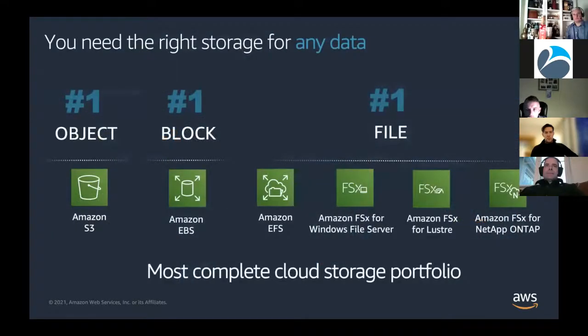So from the global infrastructure to the AWS storage portfolio. We provide a complete portfolio, so in the end, you need the right storage for any data. We provide block storage, the service called Amazon Elastic Block Store, the entire family of file services for Unix, Linux, Windows environments, including the recently announced FSx for NetApp ONTAP. But today I'm going to focus a little bit more on Amazon S3, our flagship